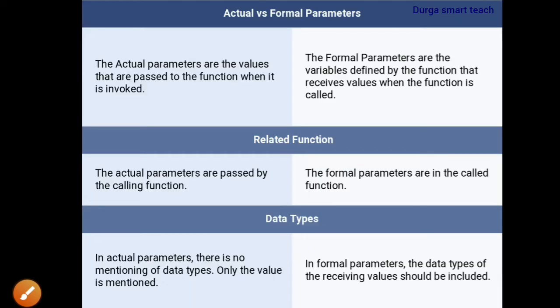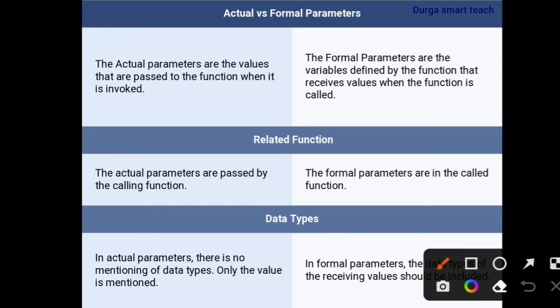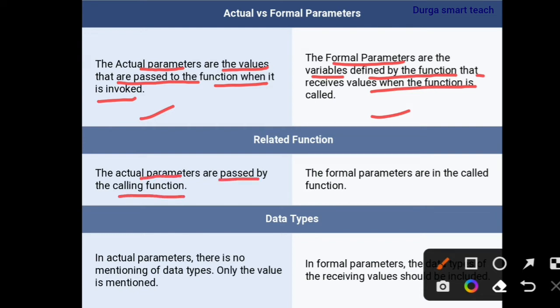The difference between actual parameters and formal parameters is very important. The actual parameters are the values that are passed to the function when it is invoked. The formal parameters are the variables defined by the function that receive values when the function is called. These are from the calling function and these are from the called function. The actual parameters are passed by the calling function and formal parameters are in the called function. In actual parameters there is no mention of data types, only the values are mentioned, like